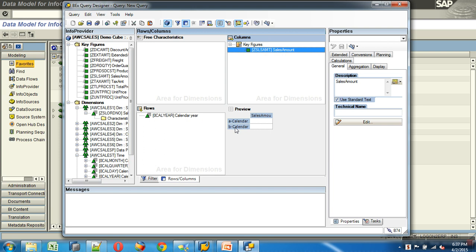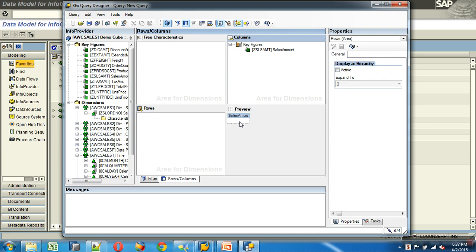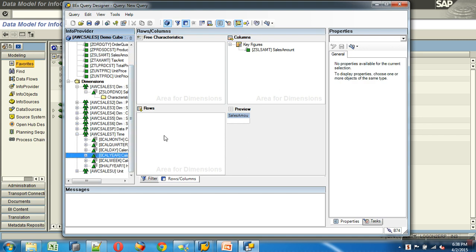Intersection. If I take out this year, you'll have only one cell here. What amount will it show? The entire amount it will show. It's like select amount from the cube. I have not spoken about summation yet, I'm just saying select amount from cube. So will it bring the entire amount? Yes. But this amount I would like to have split across each year. So I'll say